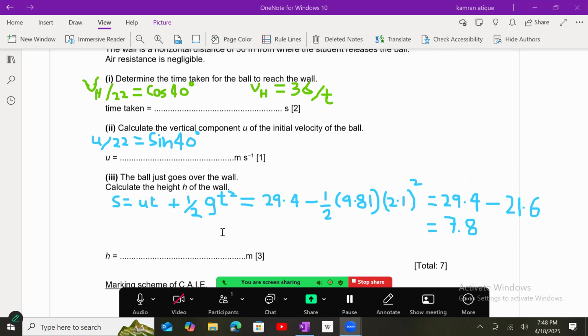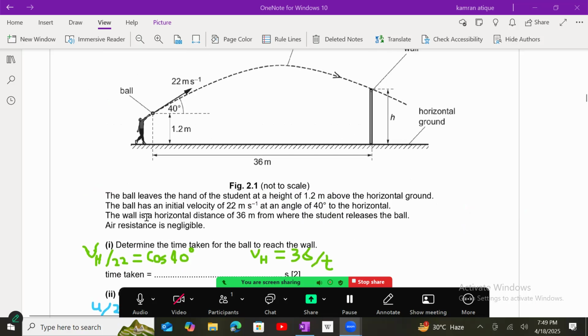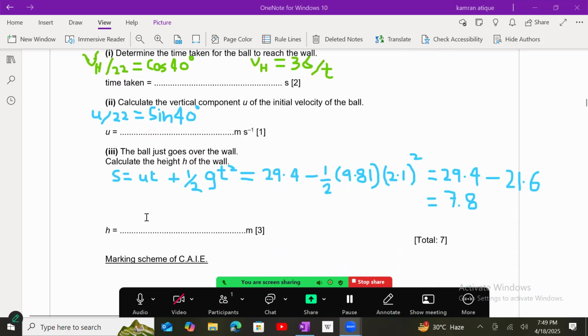So you don't have to bother about it. Whether we apply a different formula, the answer will remain the same if the data is enough for v equals u plus gt or v squared minus u squared equals 2gs. I think the data is enough in order to use s equals ut plus half gt squared. As an example, in place of u, we can substitute the value of u, s equals ut,